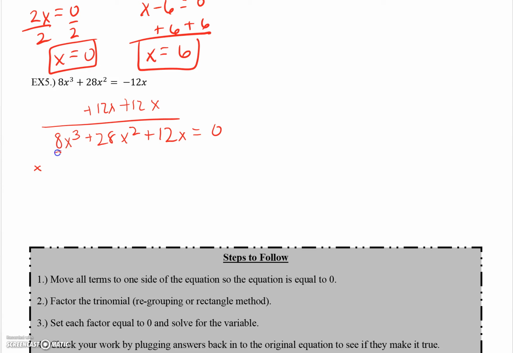Let's look at the coefficients. What are 8, 28, and 12 all divisible by? Right, 4. So my greatest common factor here is 4. If I take a 4 out, I'm left with 2x squared plus 7x plus 3 equals 0. Well, just like before,